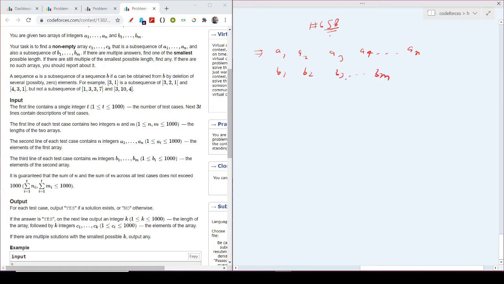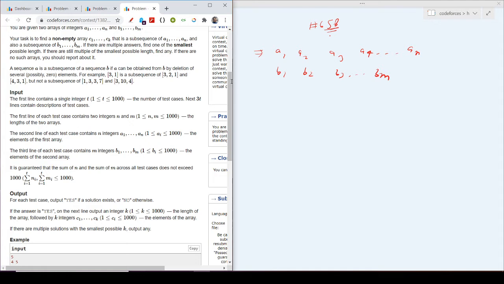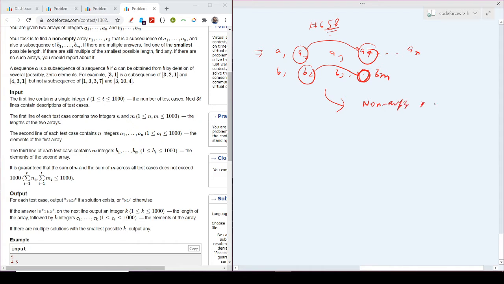We have to find a non-empty subsequence c1 to ck which is present in both A and B, and out of all these possible subsequences I want to find the one of smallest length, and it should be non-empty.